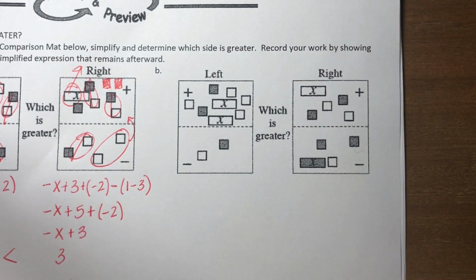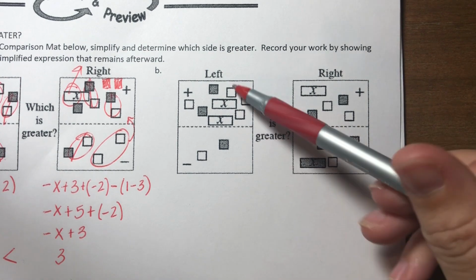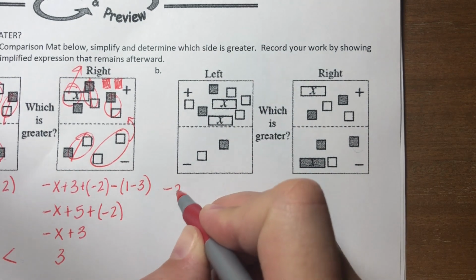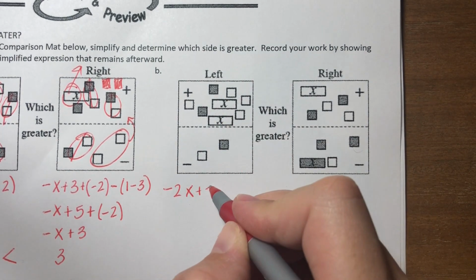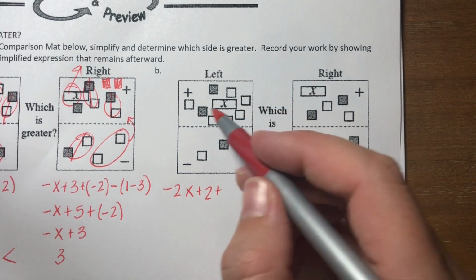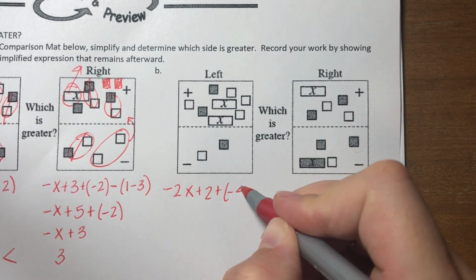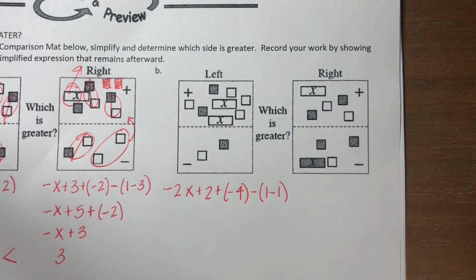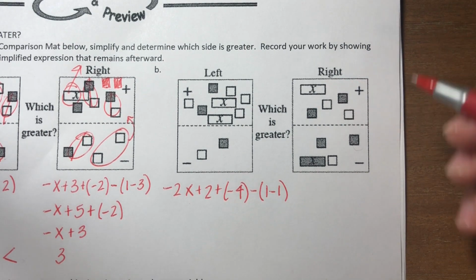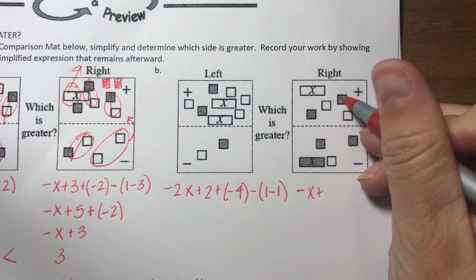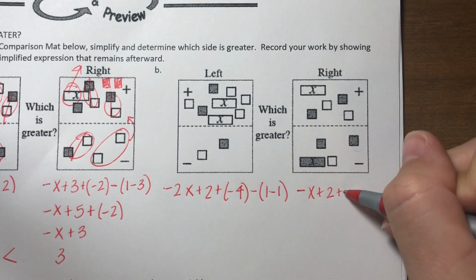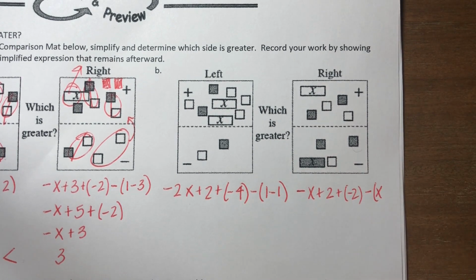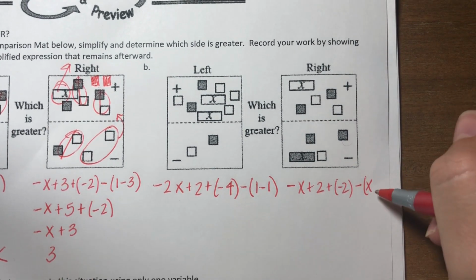So now if we move on to part B, again, always start with what it is before you do any changing. So we've got a -2x plus a positive 2 plus a -1, 2, 3, 4. And down here we've got -1 and then -1. And then over here on this side, again, we've got a -x plus 2 units plus -2 units, and then minus, in parentheses, and x, didn't leave myself much room. We've got that x